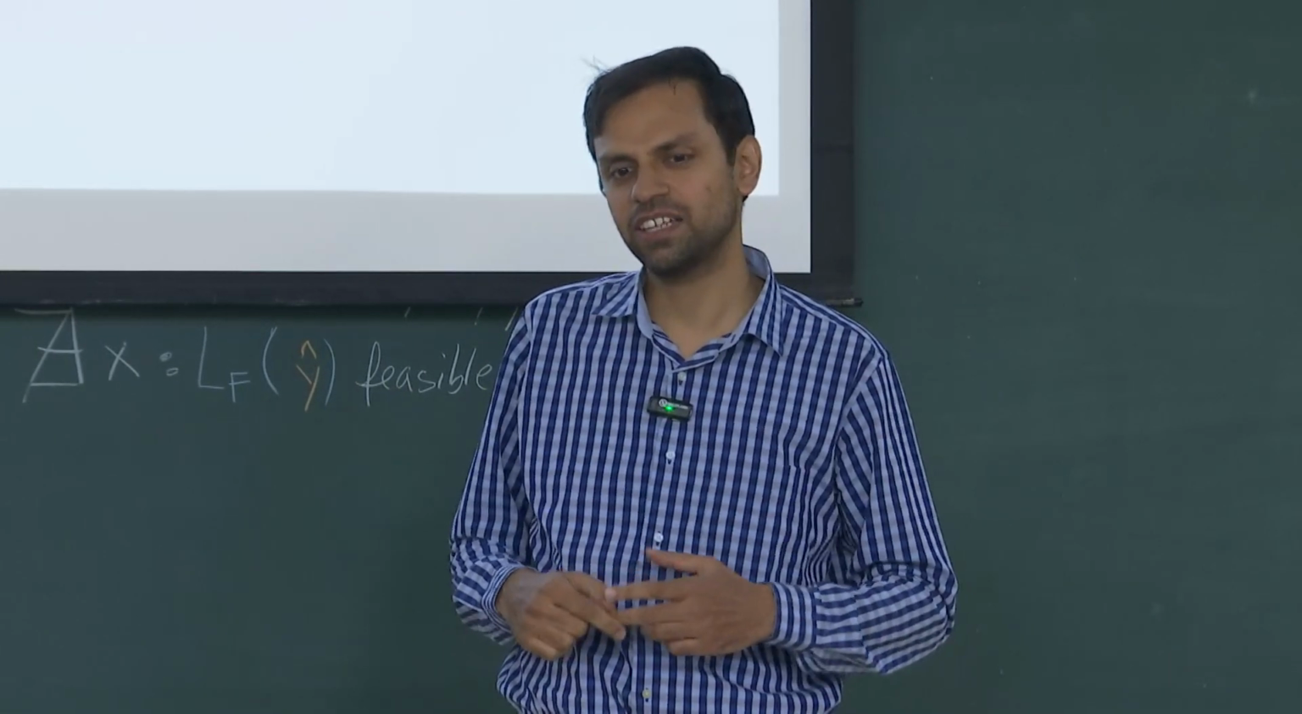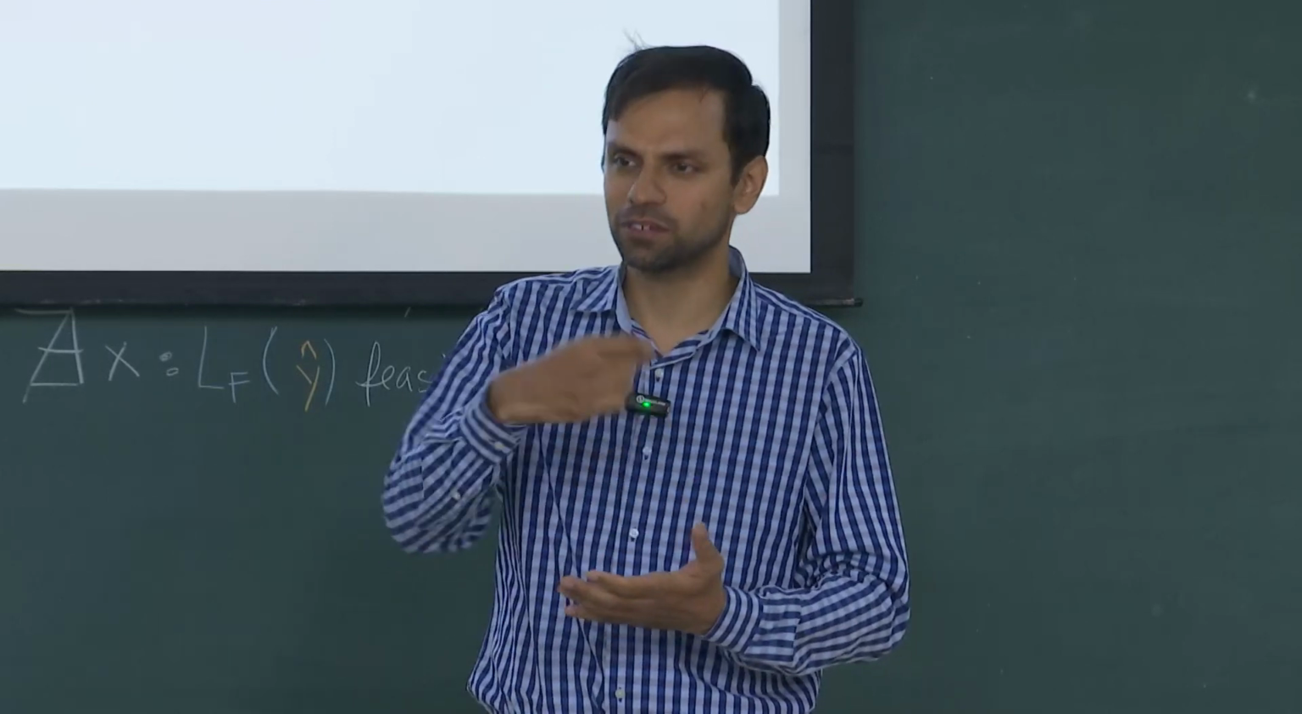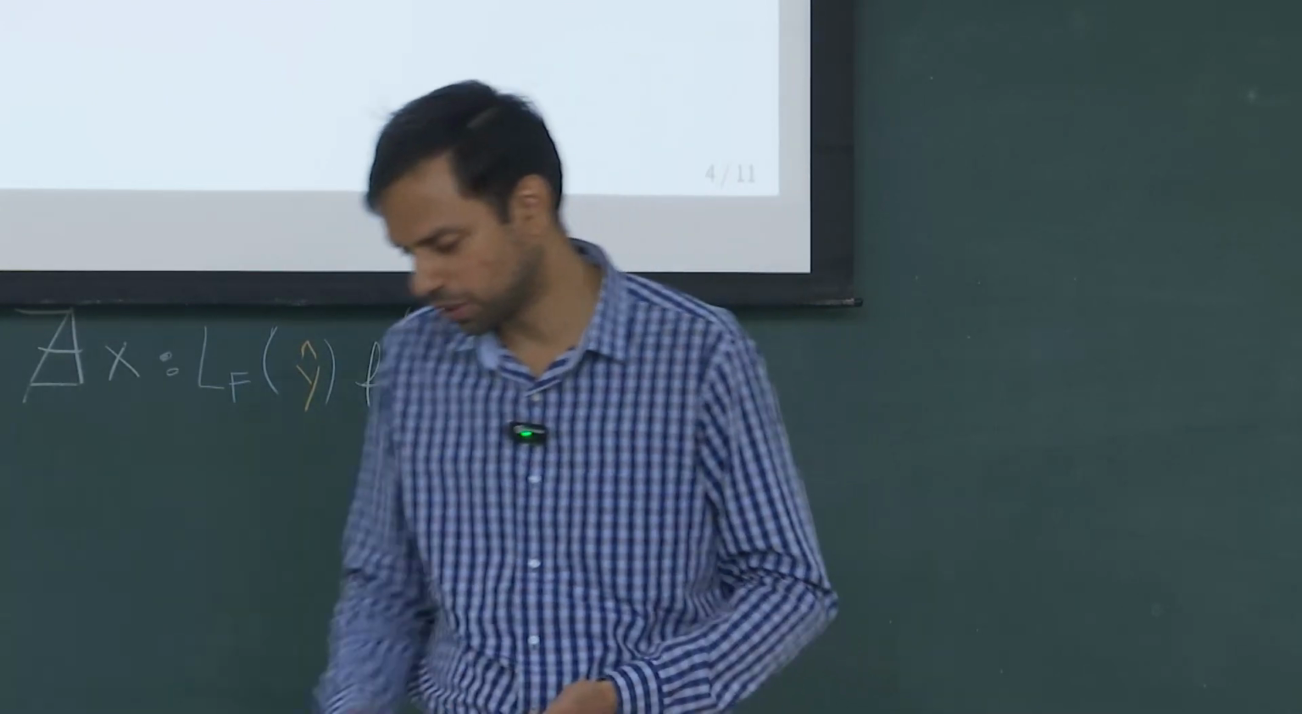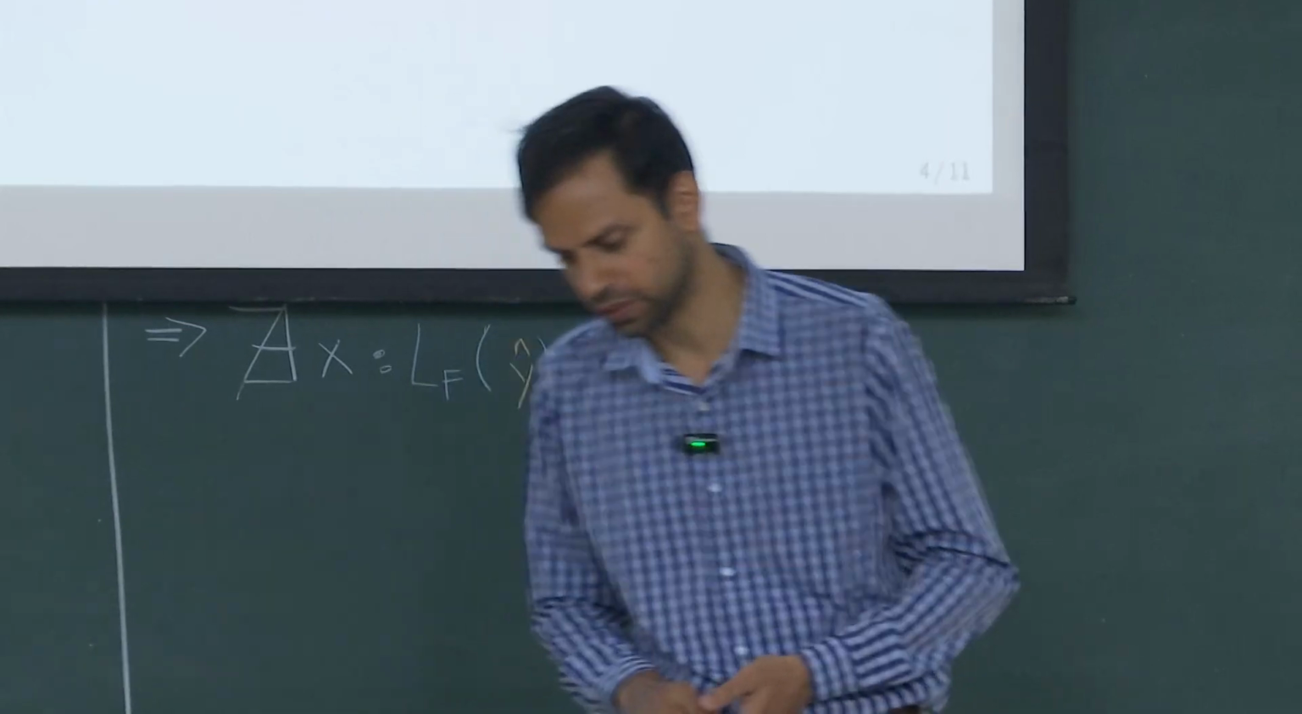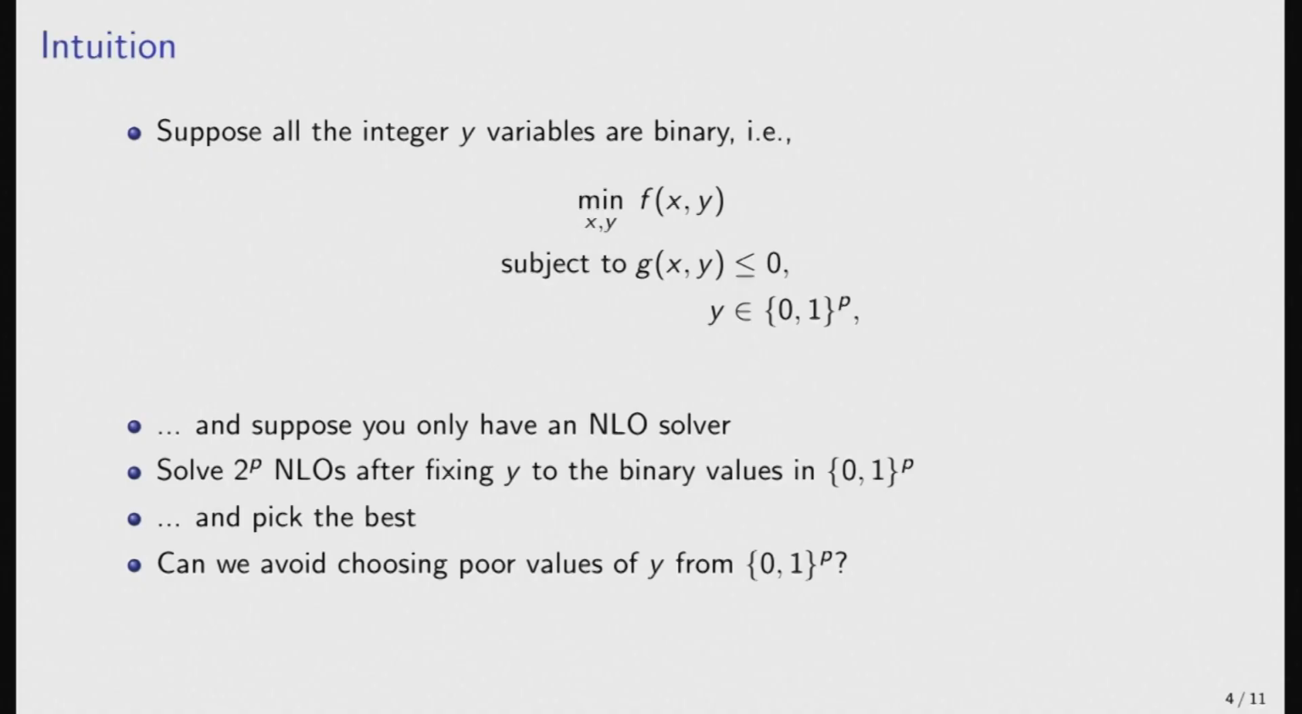Okay, and then set one of the y's to 1, then some other y to 1, and try all possible 2 to the power p combinations. And obviously this will take too long a time. So the obvious question is, can we avoid choosing such poor values of y from this set? Okay,